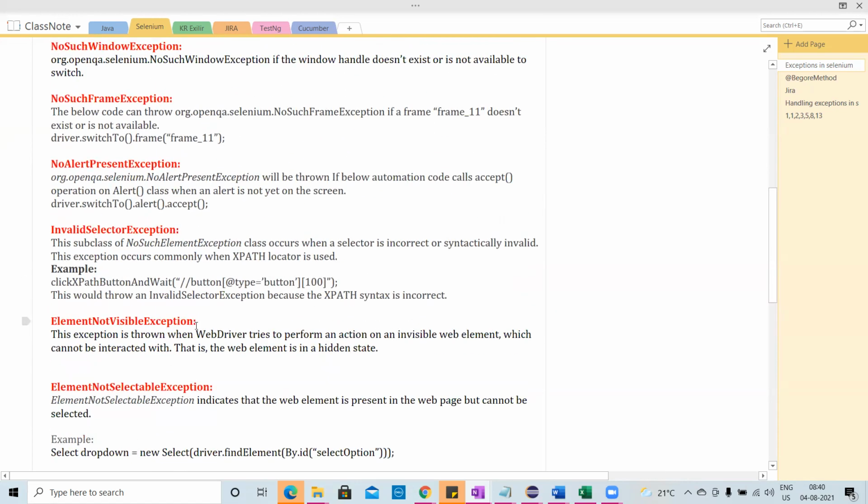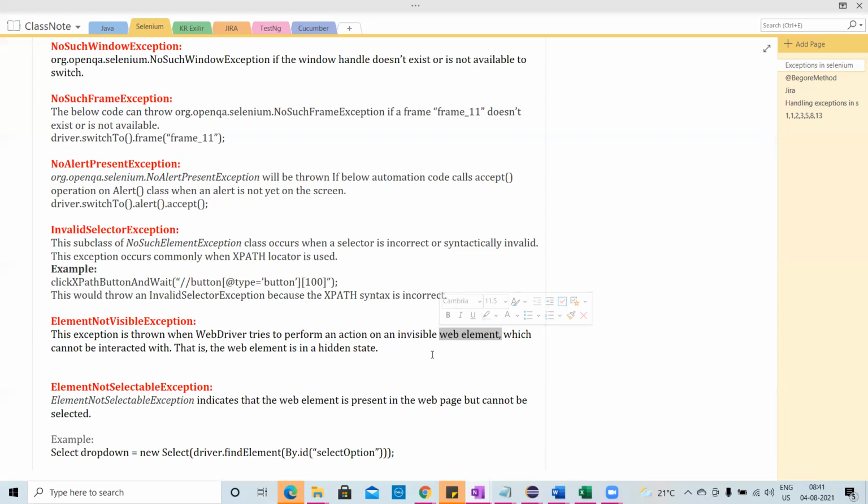Then also element not visible exception. This exception is thrown when the WebDriver tries to perform an action on an invisible element. For example, you have two fields, a user ID field and a password field, and one more is the login button.